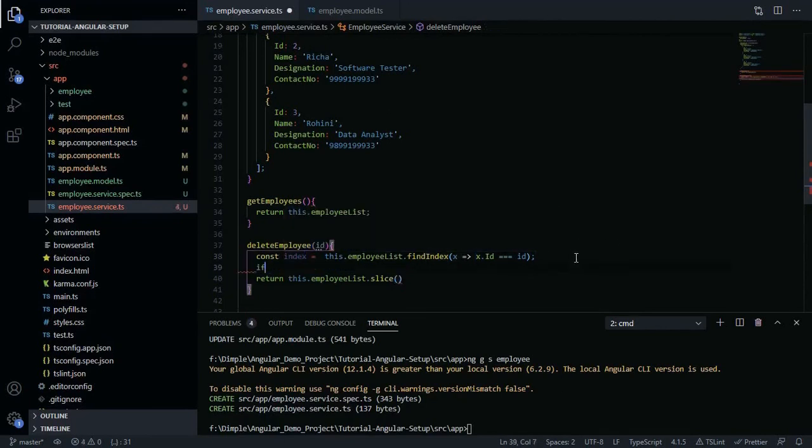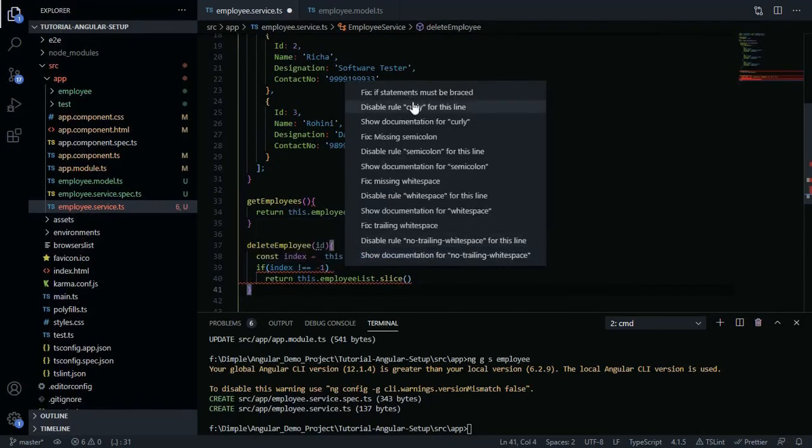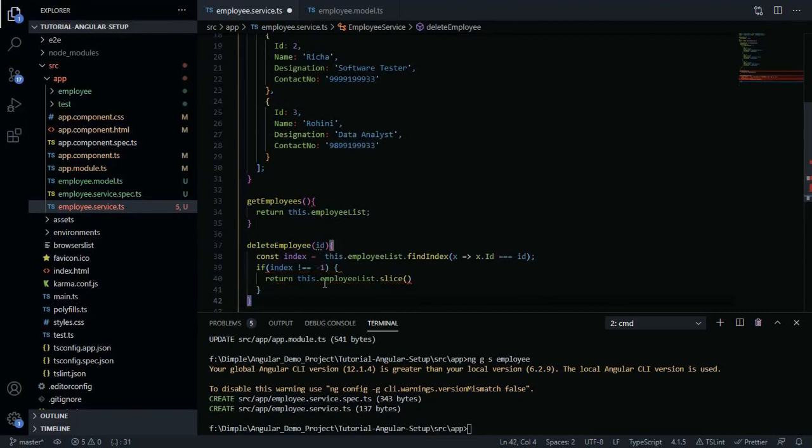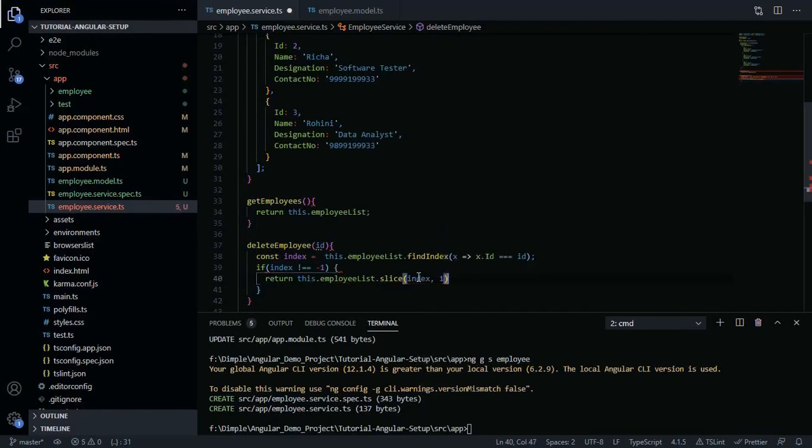Now if index is not equal to -1, then you have to return, not equal to -1. Then you have to slice the index by 1.